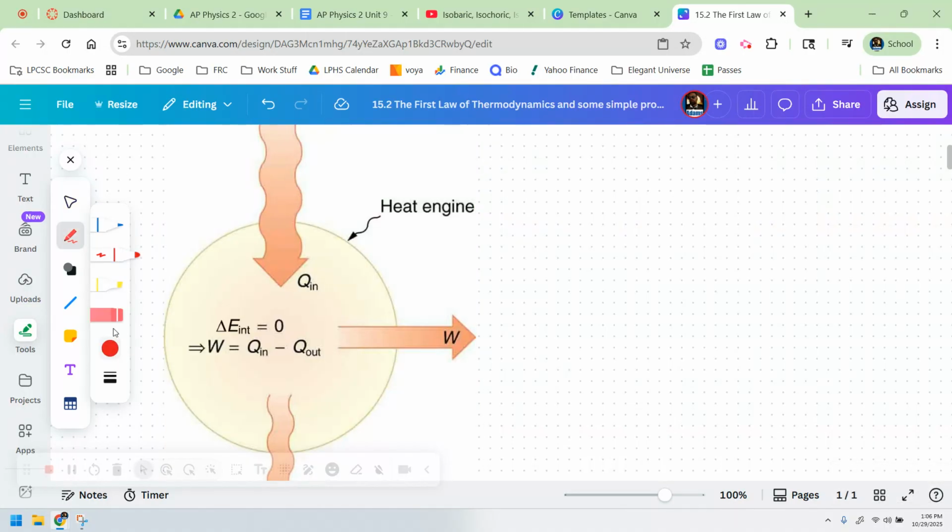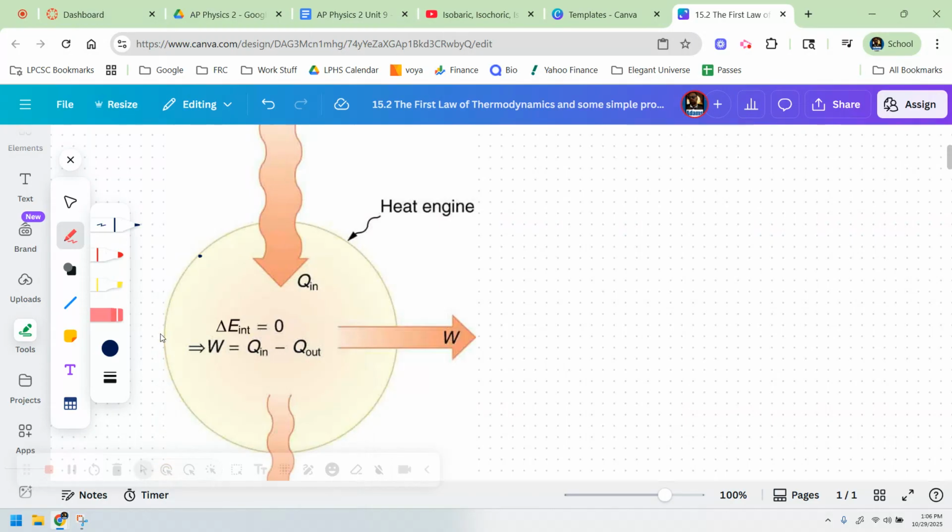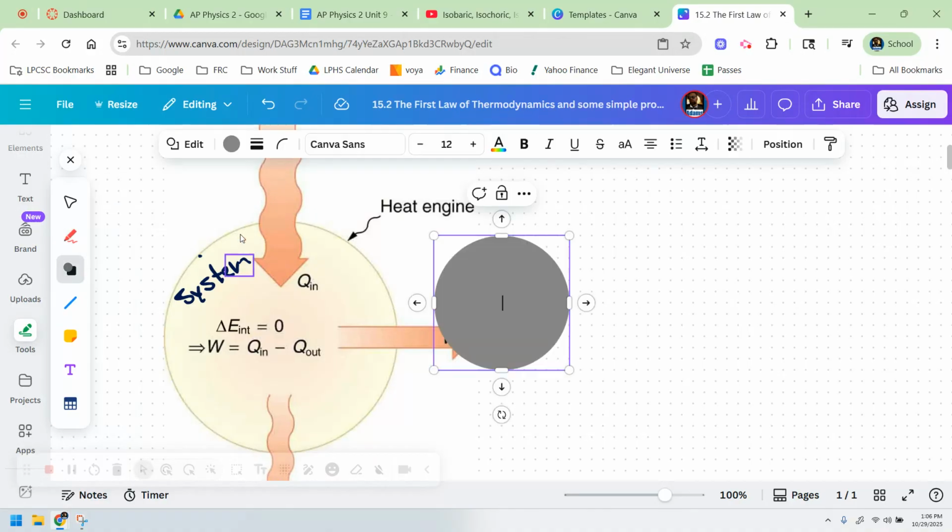thermodynamics real quick if I can, because this came up in the homework. Remember that the yellow part here, this circle right here, is the system. This stuff right here in yellow, the yellow circle, is the system, okay? So in general, the system,